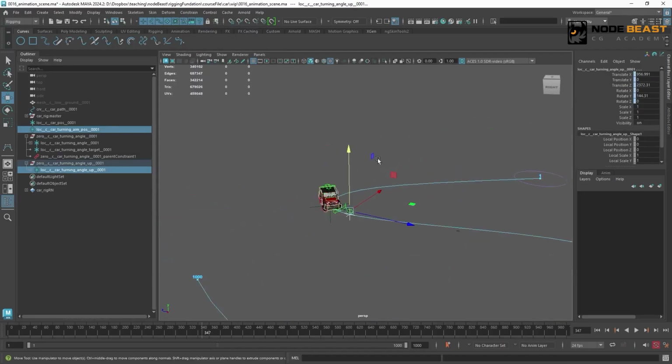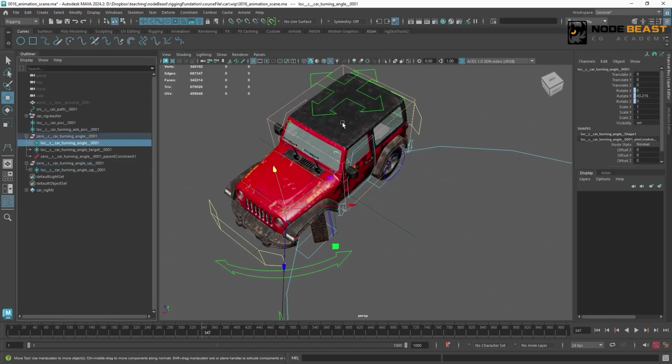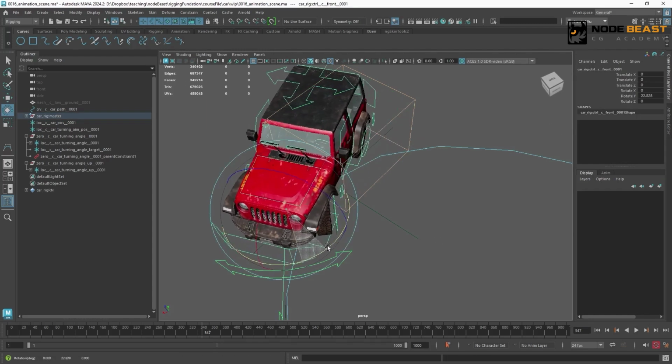This way, let's check again. When we enter such a sharp turn, we can see it's about 43 point something degrees here. And the group above our steering controller is the same. But when we rotate the front controller,